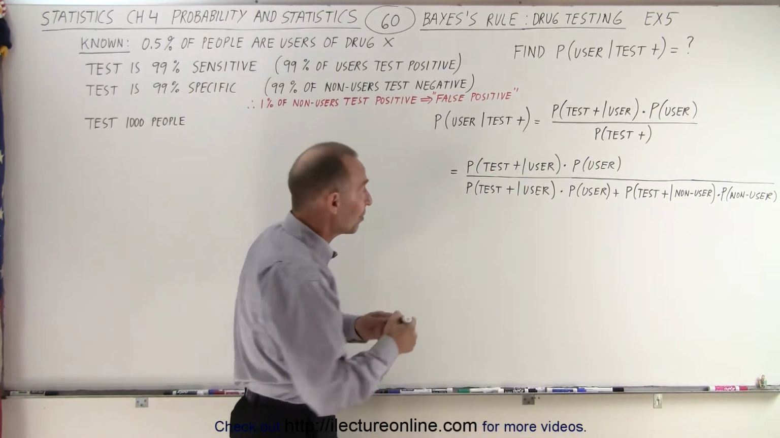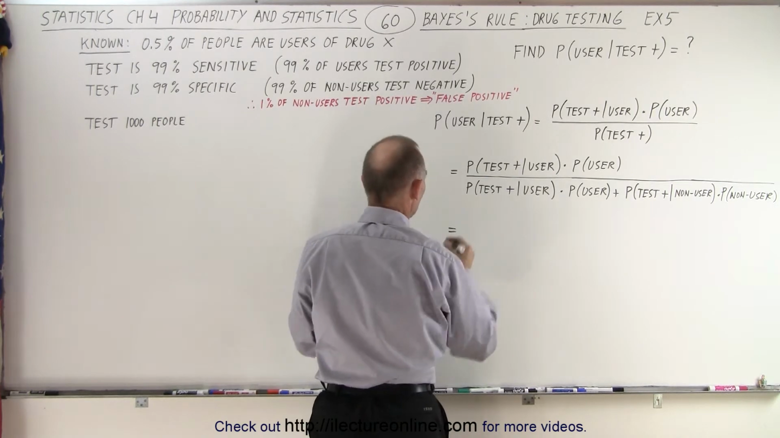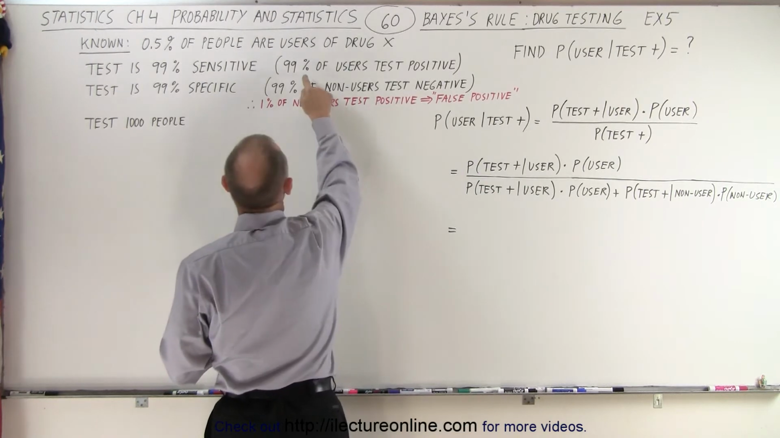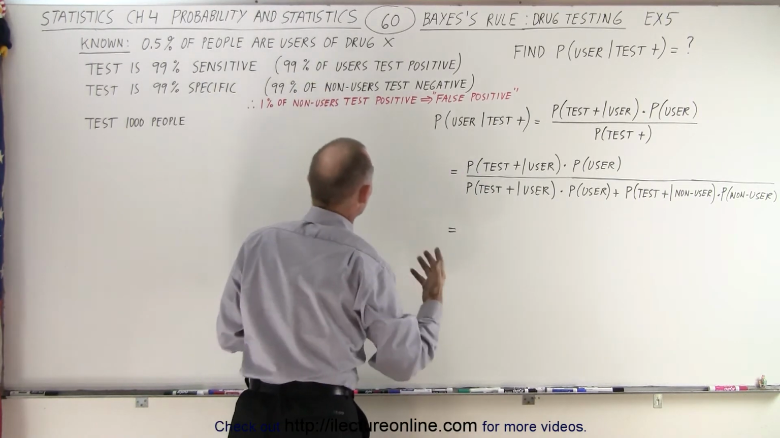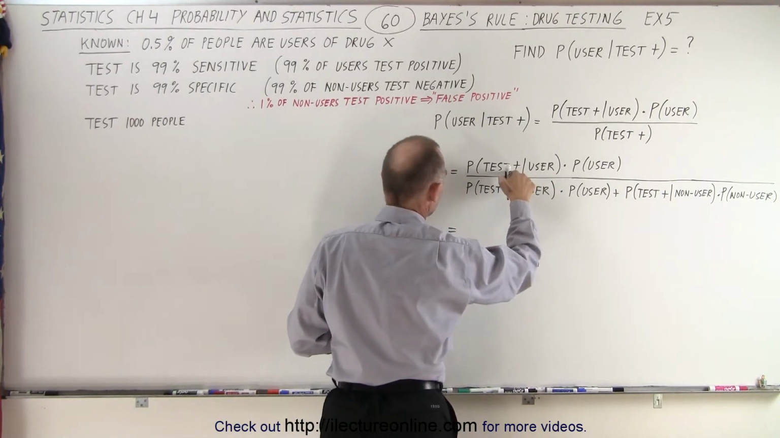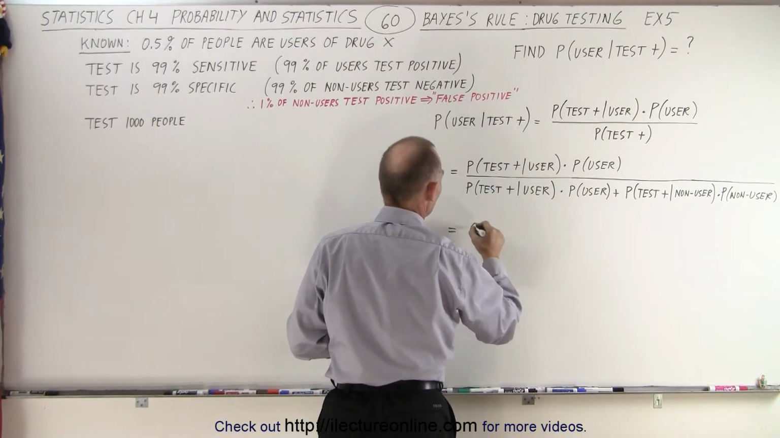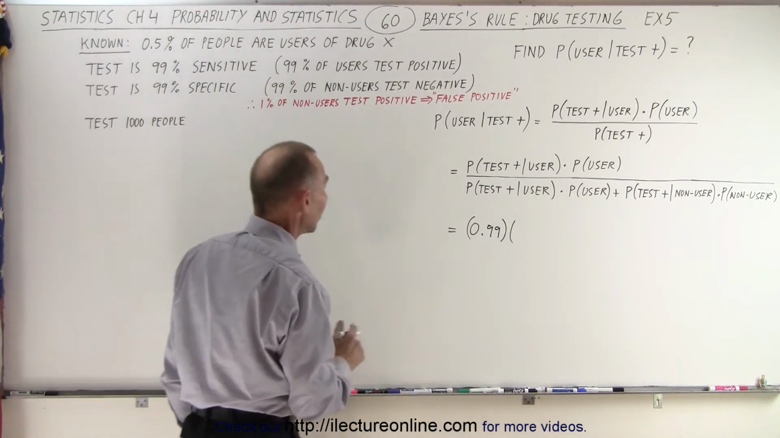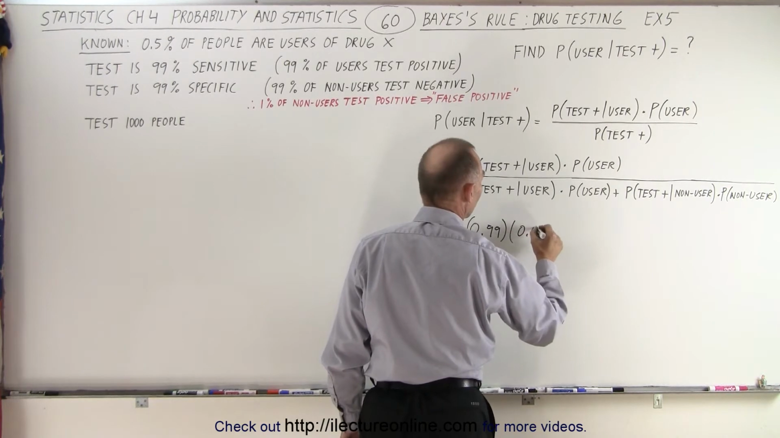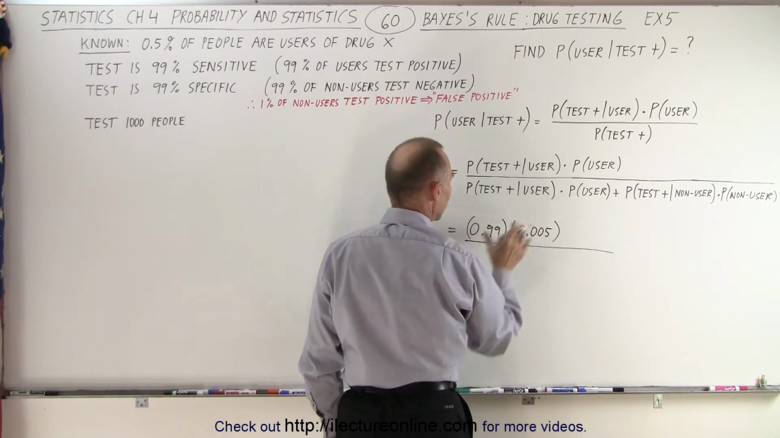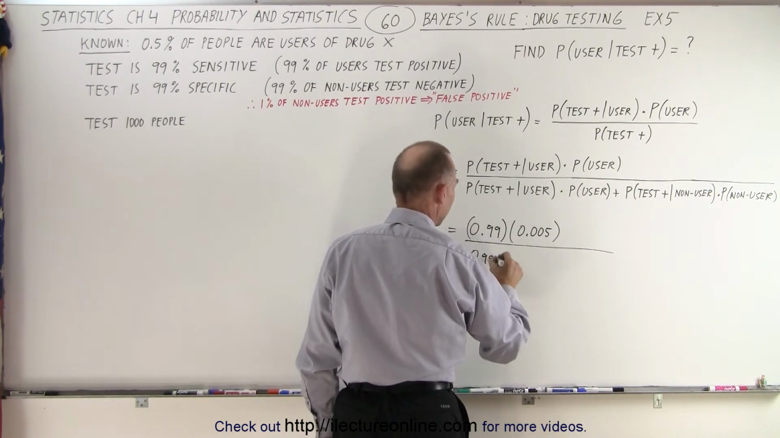Now let's plug in some numbers to make sense out of it. So this is equal to the probability that they will test positive if they're a user. Well, that probability is 99% because 99% of all users will test positive. So if they're a user, there's a 99% probability that they will test positive. And we have to multiply that times the probability of being a user, which is rather small. It's only 5 out of 1,000, or 0.005. We divide that by, well, this repeats, so we have 0.99 times